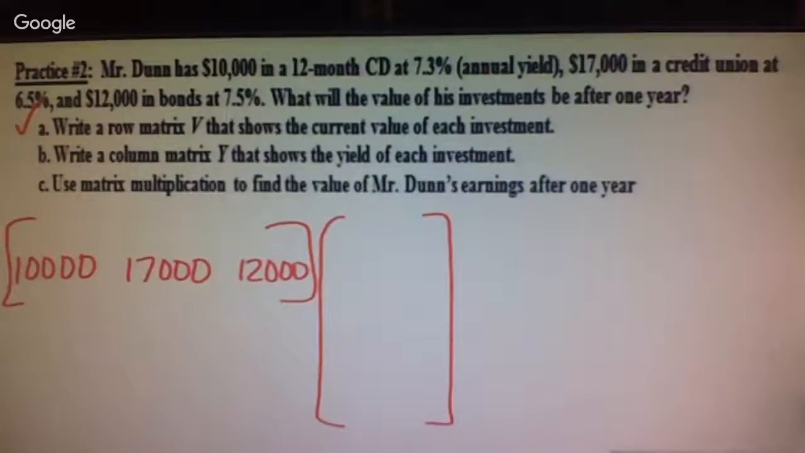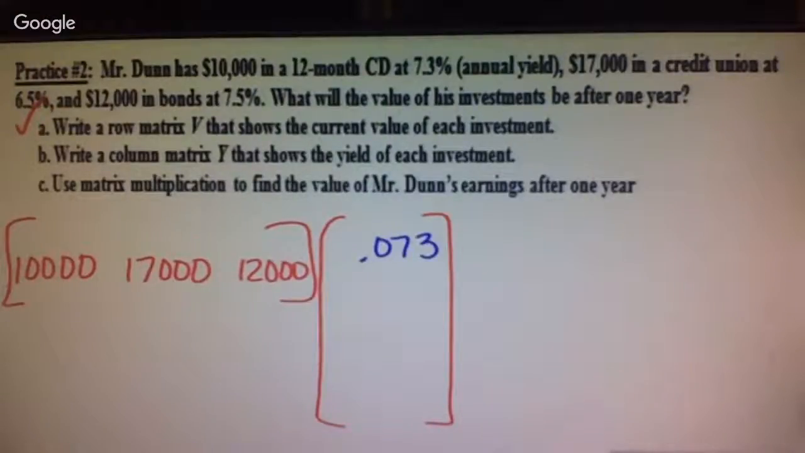7.3% annual yield. We are gaining money. I need to change this to a decimal before I can use it. Remember, we don't use percents when we're multiplying. So, what does 7.3% annual yield look like as a decimal? 0.075 or 7.3. Okay,